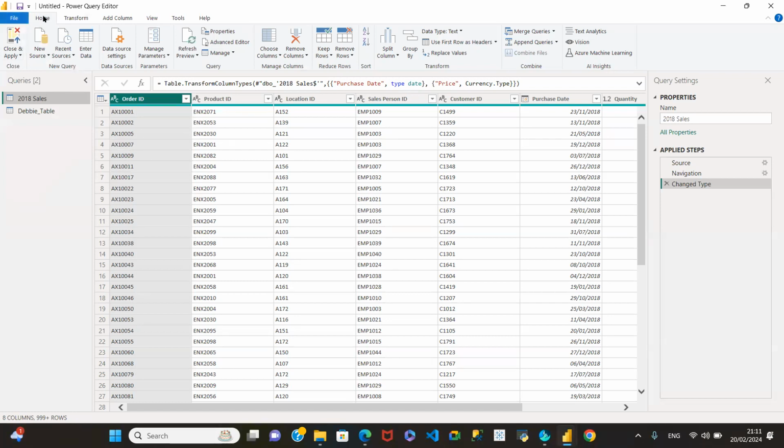Then we go into Home. Under Home, we've got this New Query section. Under New Query, we have New Source, we have Recent Sources, and we have Enter Data. Now, New Source: maybe I want to bring in another data set from another source. I'll be using New Source. If I've got some Excel file that I want to bring in,